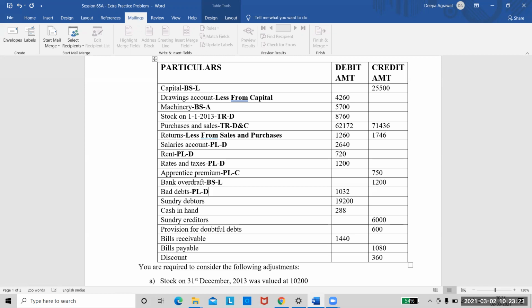And this bad debts will appear how many times? Ma'am, in the balance sheet as well. We will not see the balance sheet. I'm asking what is given here. This bad debts will appear how many times? It will appear only once because it's given in the trial balance. Please remember. Ma'am, balance sheet asset. Cash in hand. Balance sheet asset. Creditors. Balance sheet liability.